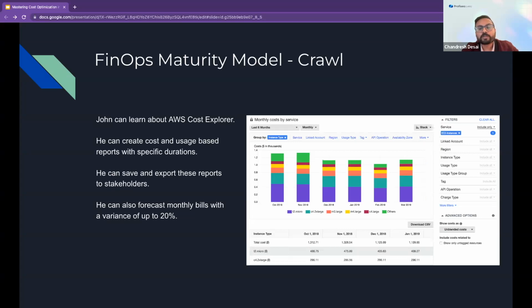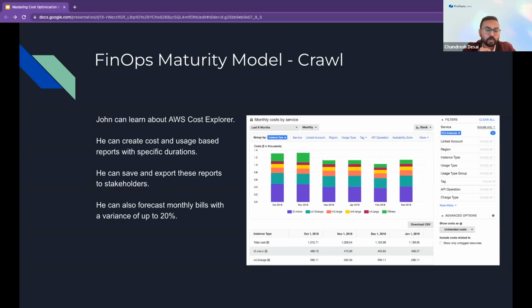FinOps recommends that in this crawl maturity model, John gains knowledge about the FinOps practitioner and certification. He can start with Cost Explorer, as I mentioned earlier, and also use it to generate the budget and forecast report, and that report can be sent to the CFO.